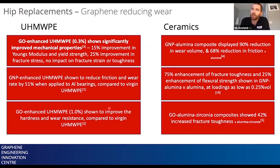There's quite a lot of research showing GNP and graphene oxide enhancements of ultra-high molecular weight polyethylene. And the research is quite positive, as with many of these graphene polymer composites. So this top study here, they looked at, again, very low percentages of GO enhanced polyethylene, and they showed around a 15% improvement in Young's modulus and yield strength, a 25% improvement in fracture stress, and no detrimental impact on fracture strain or toughness. So very good improvements in a bearing part that requires very good fracture stress